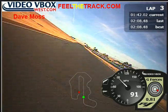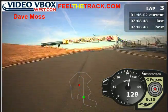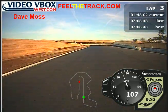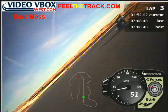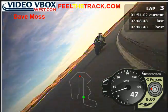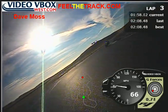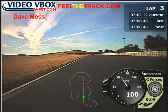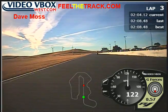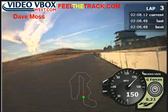Just transitions so easily. There goes Pat, screaming up the inside. He's doing 52s, 53s around here right now. Won't be able to hold on to him pace-wise, but